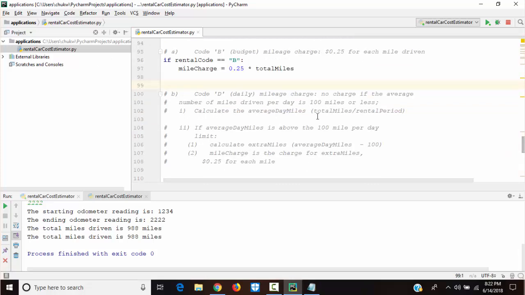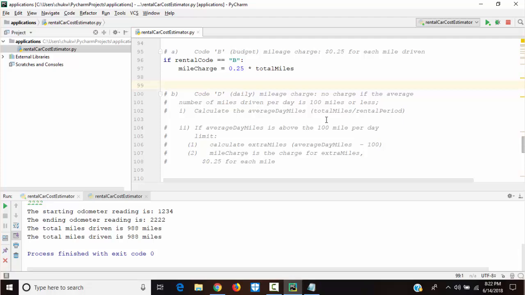Now, code D, daily. Daily mileage charge. No charge if the number of miles driven per day is 100 miles or less. Calculate the average day miles.